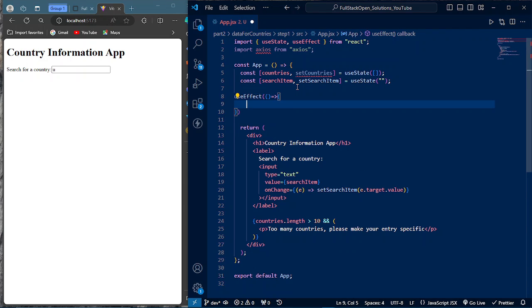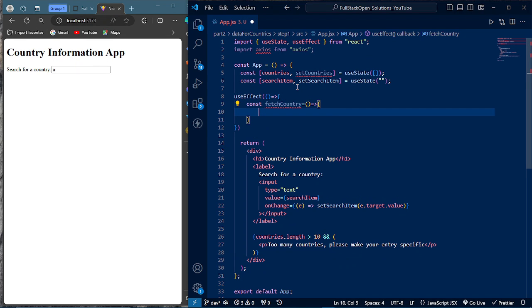Now what we can do is we are going to say const. Let's call this, we want to create a function here. Let's call it fetch data, or let's say fetch country, right? So we can call it fetch data, we can call it fetch country. But I think it is still okay to be specific since we are dealing with countries. We say fetchCountries, right? So now